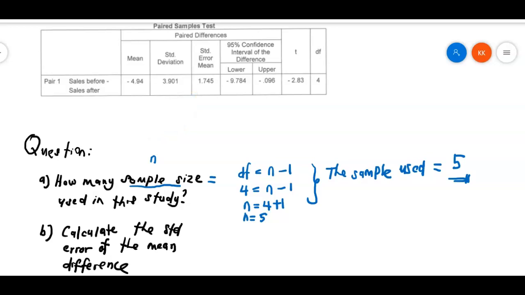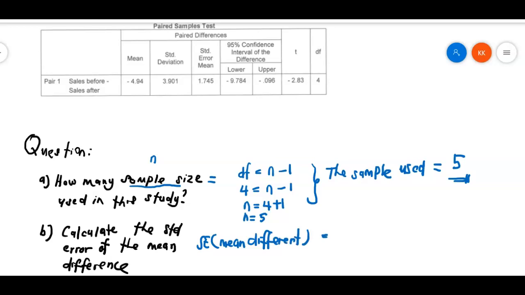Right. The formula for standard error of the mean difference is